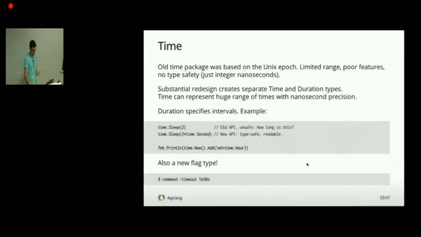represents an interval. So in the old fashion, you would say time.Sleep(2), and that would actually be wrong. It would be 2 nanoseconds, but it could look like 2 seconds. The fact is you don't know what it is. But in the new time package, we have the duration type, and there are some constants like time.Second, which represents a second in duration. And so if you want to say 2 seconds, you say 2 times time.Second. And it's clear what that